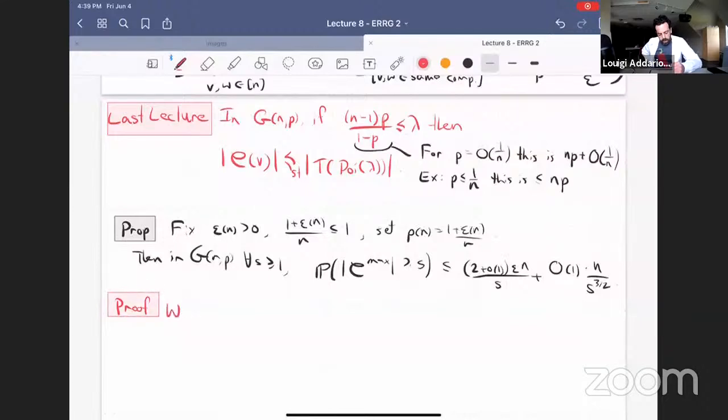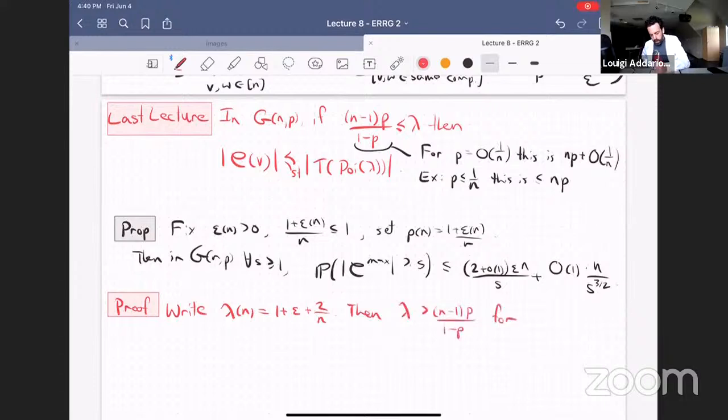So we'll write, let me define lambda to be 1 plus epsilon plus 2 over n, okay? And then you can check, that's just to give myself a little bit of wiggle room, that lambda is bigger than n minus 1 p over 1 minus p for n large. Okay,